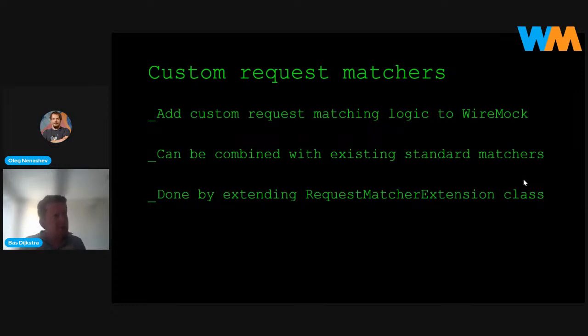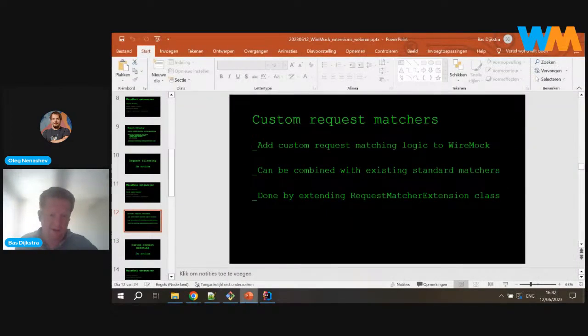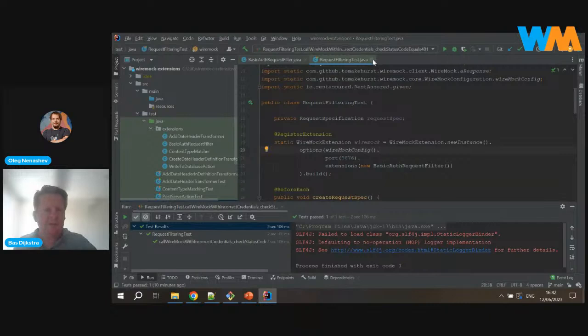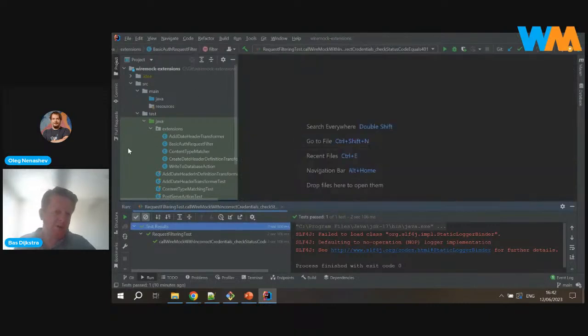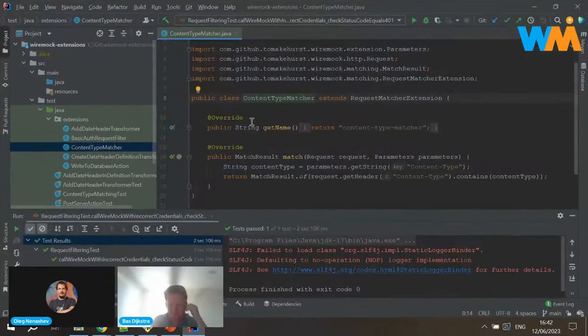So if you want to look at multiple different properties of the incoming request, and some of them are covered by the built-in WireMock matchers and other ones you need to build for yourself, you can do that. Again, you do this by extending a built-in WireMock class, and in this case that's the request matcher extension class. So the concept is very similar to what we just saw with the request filters, but slightly different.